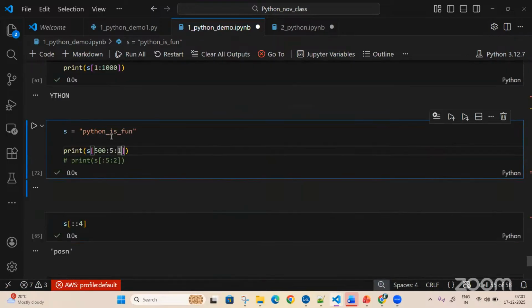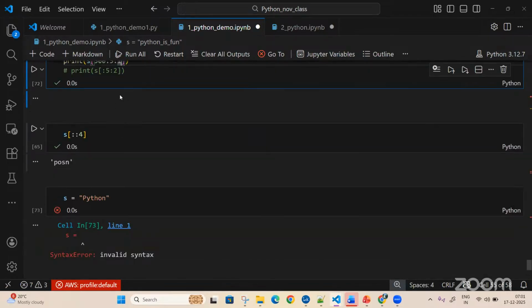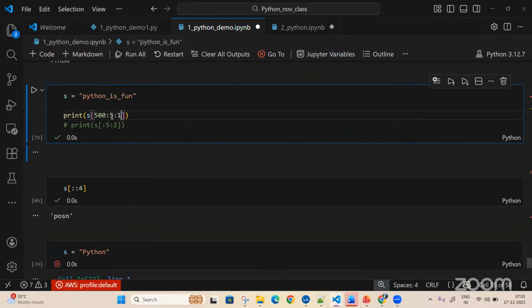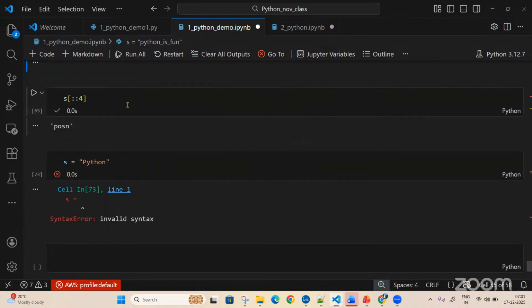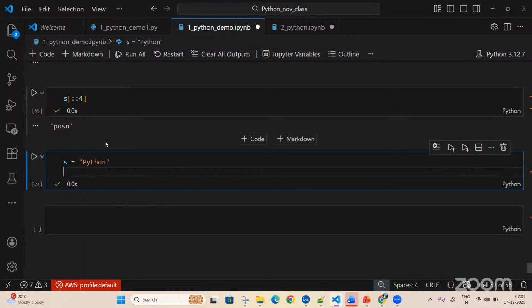But there will be one particular interview question for you. For that we need indexes, slicing, or the step functions to have that understanding. So I brought this up, and we'll see that interview question, which is widely asked in most interviews. But before that, I have this S is equal to Python. Now I'll go and print S of